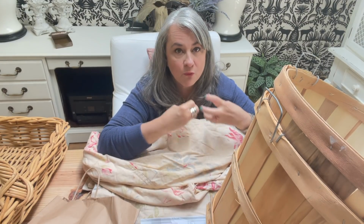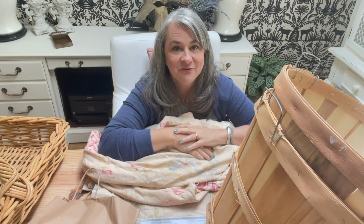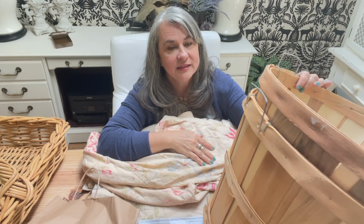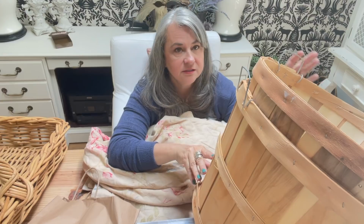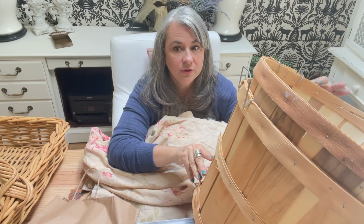So if you want to get your creativity fix and your eye candy fix, it's really fun to go out this way and go in all the little shops. So they had these just all over. They had smaller ones also, and they had them just all over displayed so beautifully. And they have real pretty